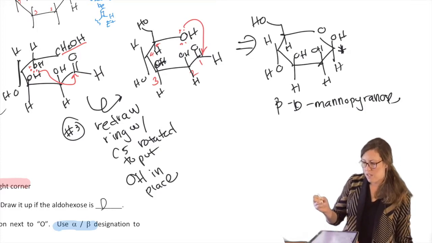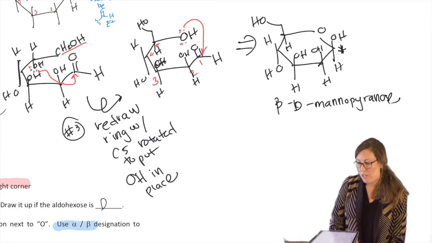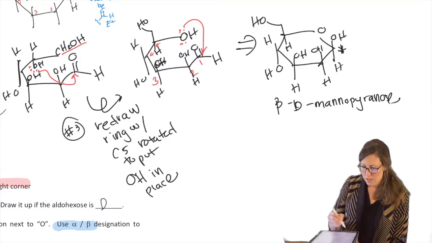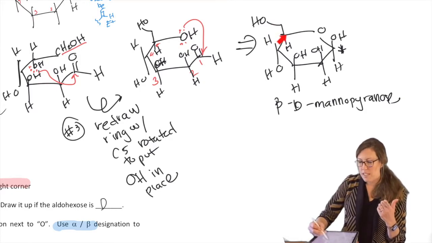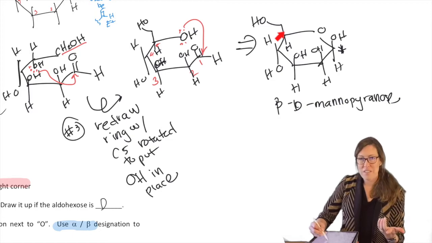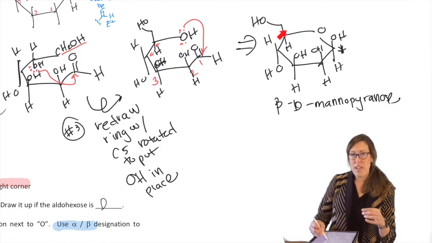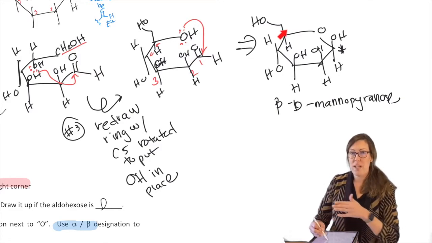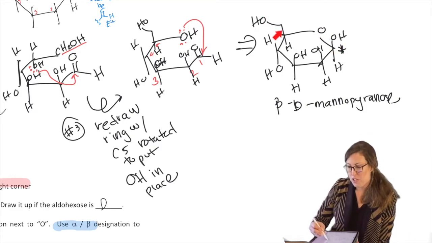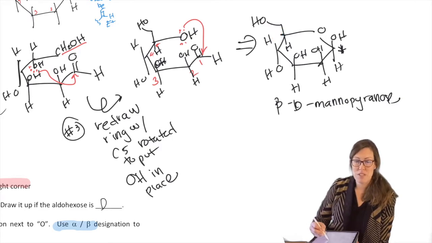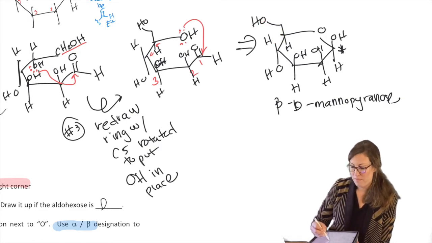Now, what do we know about mannopyranose and D? Those are those rules we came up with. We kind of proved it structurally here. If it's D, the CH2OH is up. Why is that a rule? That's because that is the carbon that determines whether it's D or L. So when it's not in a ring, the CH2OH is hanging down, and we kind of ignore it, but the OH is the one that's on the right, and that makes it D. But now that the OH is part of the ring, we have to determine the placement of the CH2OH in something that's D versus L. If it's D, it's up; L, it's down.